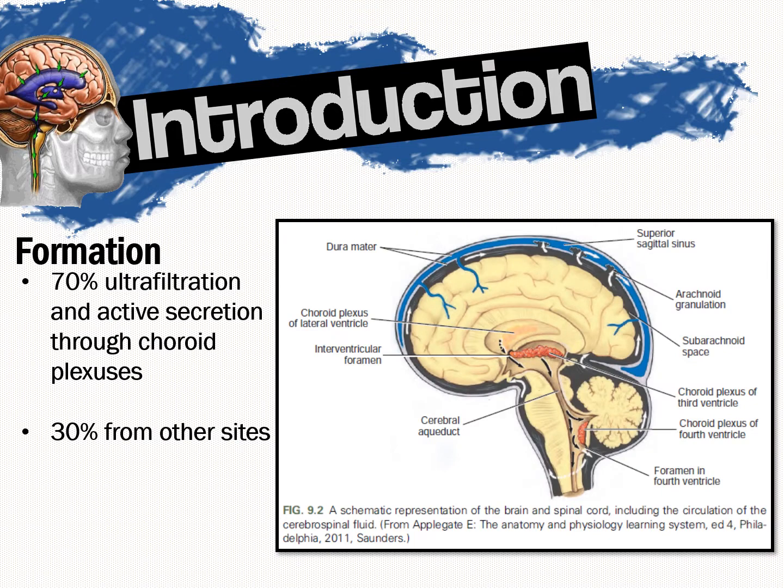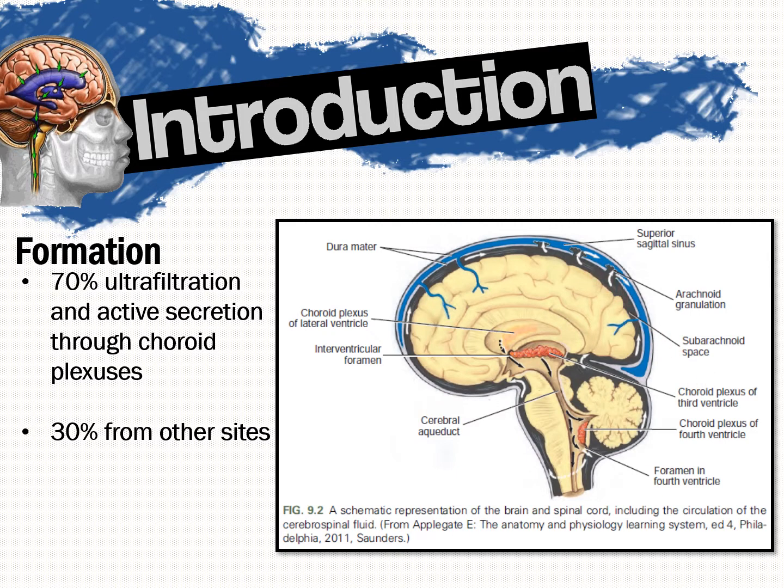The CSF comes from two sources. 70% of that comes from plasma ultrafiltration and active transport secretion through the choroid plexuses. So in this picture, this is our choroid plexus here and here. The choroid plexuses are capillary networks found in the two lateral ventricles. So in this picture, the third and the fourth ventricles of the brain. Then 30% would be coming from other sites such as the ependymal lining, which I don't have in this picture, and the other one would be the cerebral subarachnoid space. So from this area,